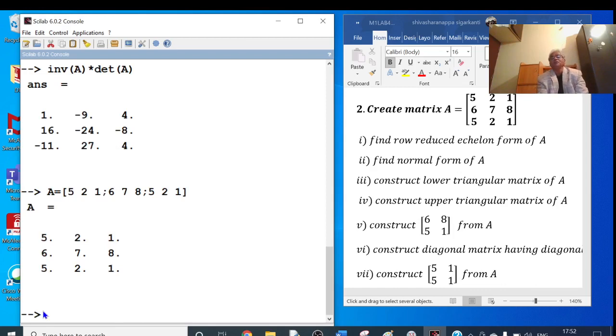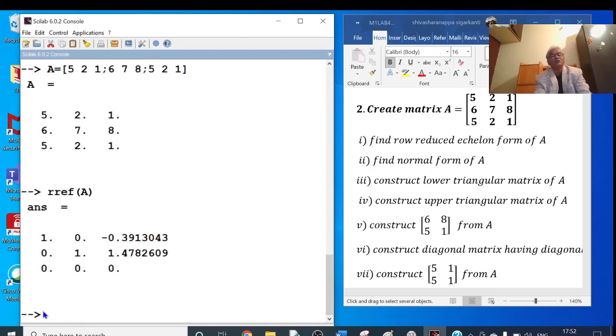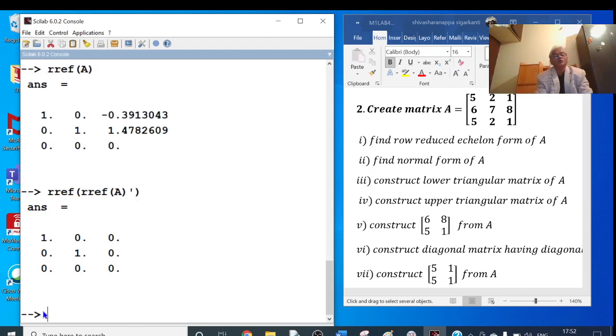This is our A. Row reduced echelon form, that is RREF of A. This is the row reduced echelon form. Construct the normal form of A, that is RREF open bracket RREF A transpose, bracket close. This is the normal form.